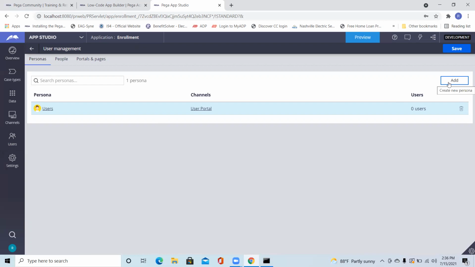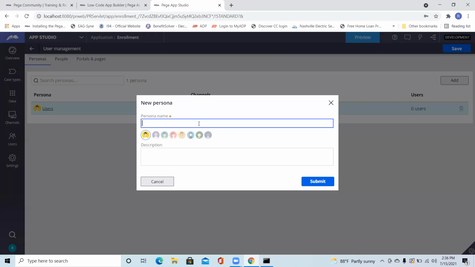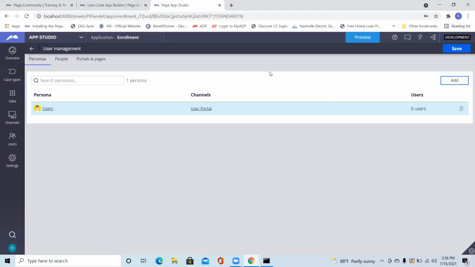So let's say we are creating one operator for multiple managers. I have a group of managers, and I want one single operator ID for them. So we can create one. If we want, based on their names, we can create that also. I can create here like DD or something like that. You can do anything. So it depends on the requirement for how you want to do that.